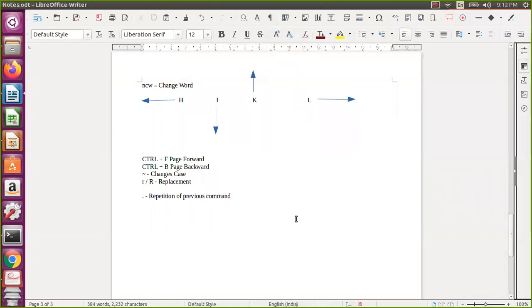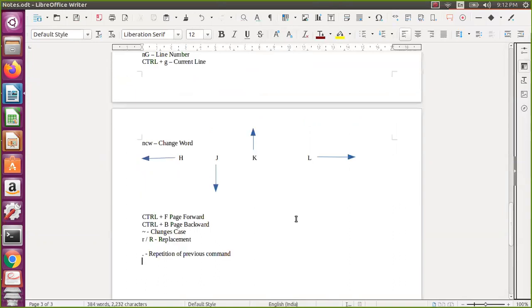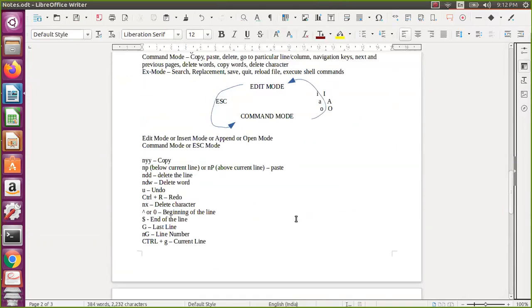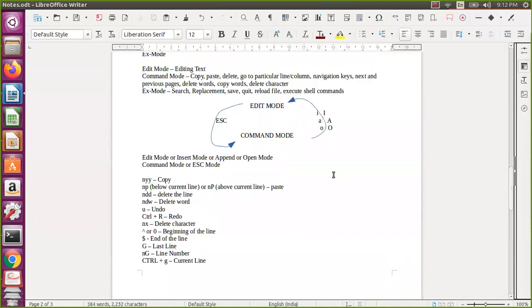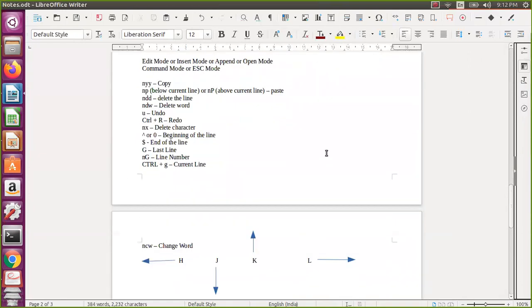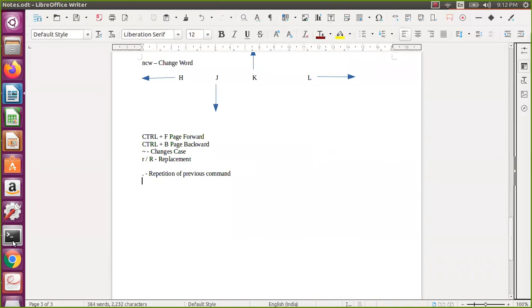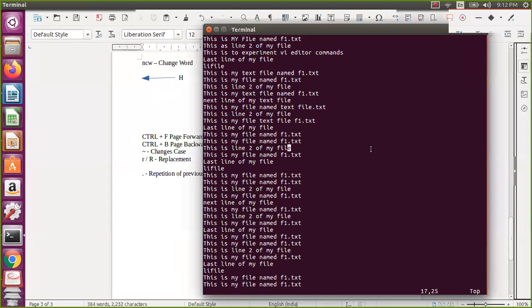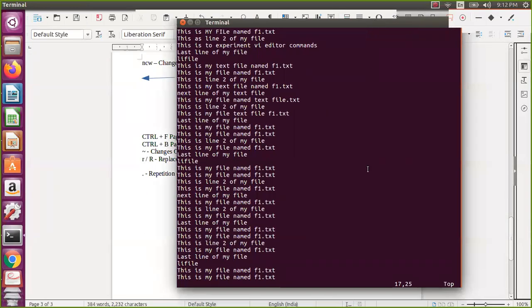Now we have seen most of these things. Now we will see what we have not seen: small i, capital I, small o, capital O. Those are the edit commands. Let us check on that. Let me go to 1G, sorry, shift G, capital G. I pressed something, it seems. Now I am on that line.